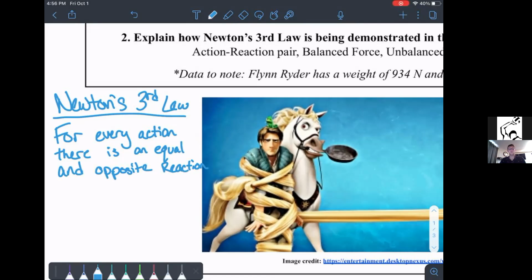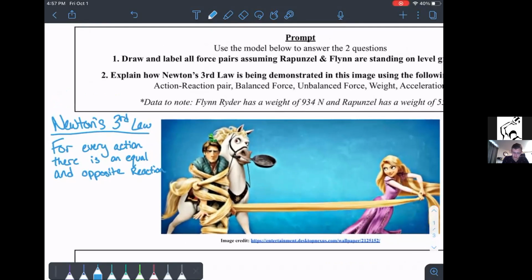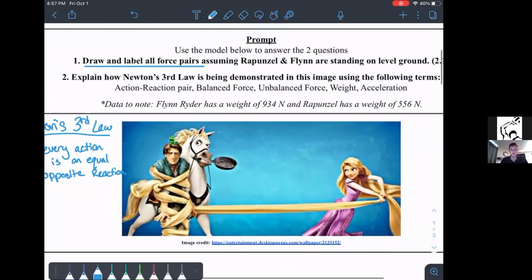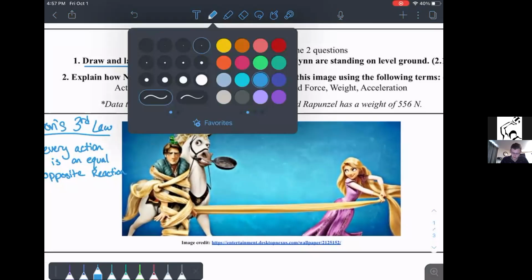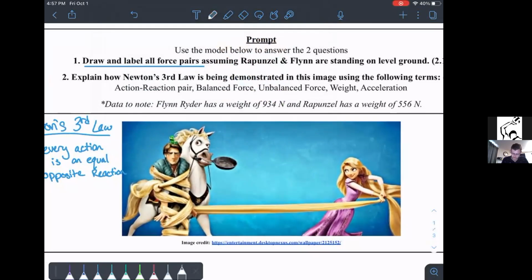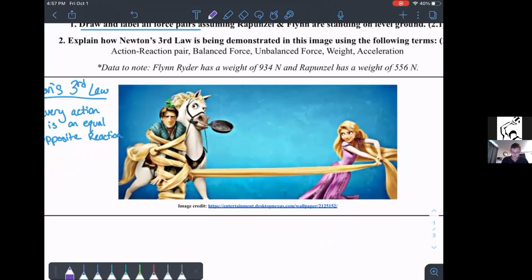So remember our examples in class were things like if I push on the door, it is going to push back on my hand. The door has to apply the exact same amount of force going in the opposite direction. So the first thing we need to do is draw and label all force pairs, assuming that they're standing on level ground. So the first thing we can do is identify that they're standing on the ground, which means that there's a force